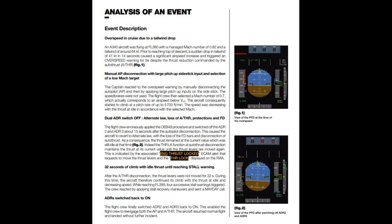So the captain reacted to the overspeed warning by manually disconnecting the autopilot and then by applying large pitch up inputs on the side stick, and the speed brakes were not used. The flight crew then selected a Mach number of 0.7, which actually corresponds to an airspeed below VLS. So that's significant, isn't it? Bearing in mind what we were talking about earlier about the importance of remaining above green dot. And we can't use the excuse that the VLS would have been increased because of speed brakes,